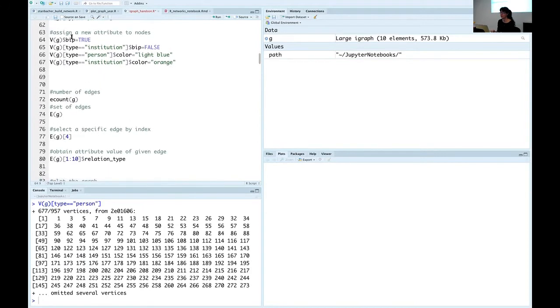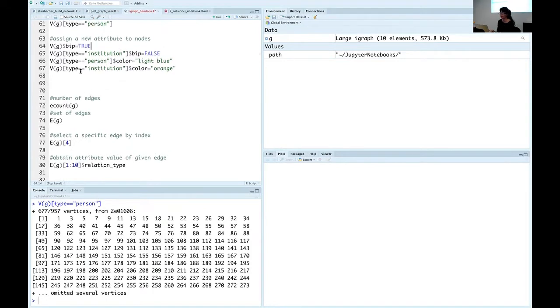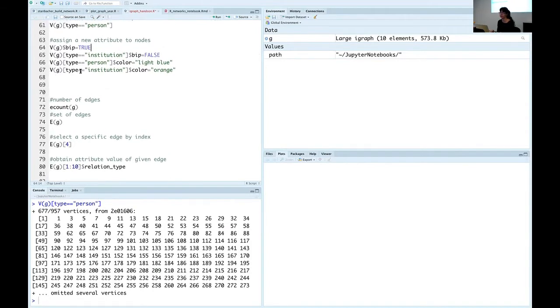Then I can also assign new attributes to the nodes, and it's quite easy. Here I will assign a Boolean attribute to the nodes, because then I will use it to manage the network. So I name this BIP,